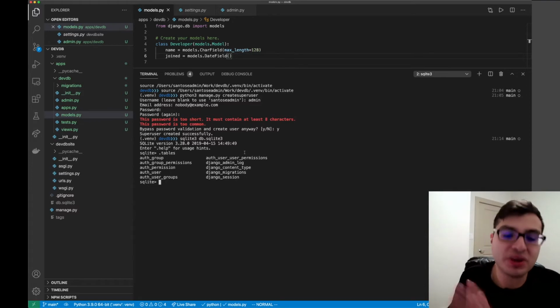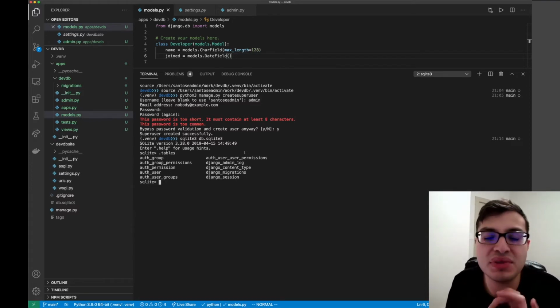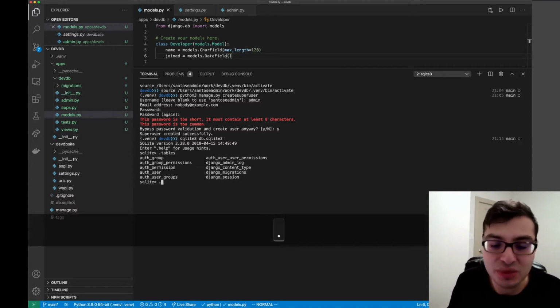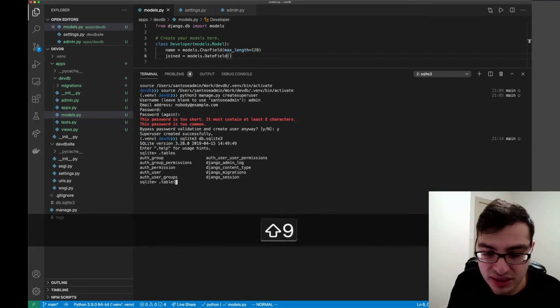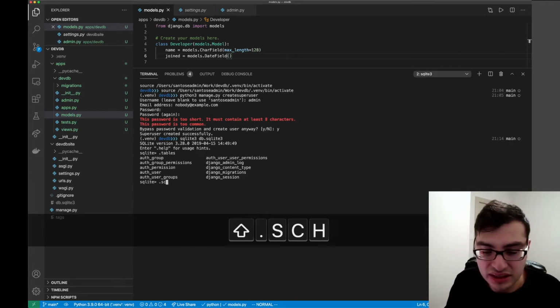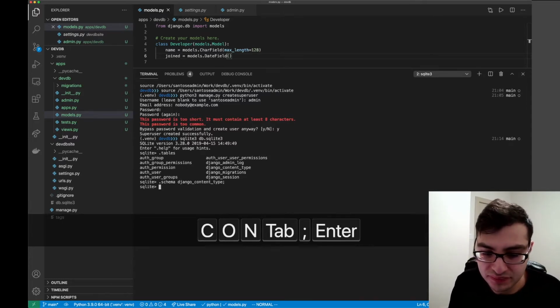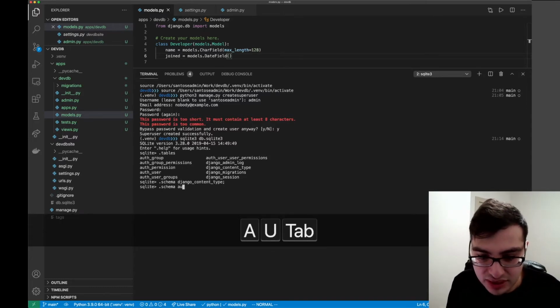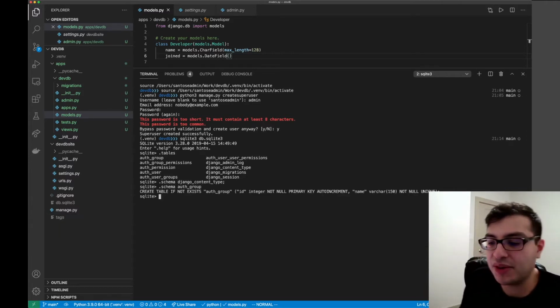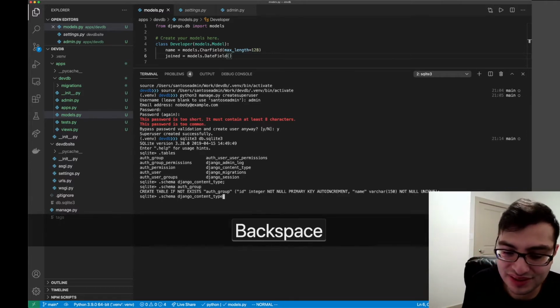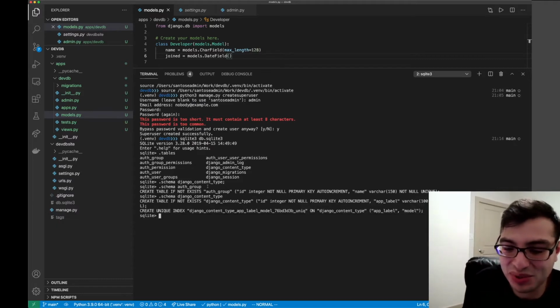Right? Oh, by the way, just to make it blatantly obvious what's going on here. Let's do table, oh no, wait. Schema of Django content type. Oh no, there's no schema? How about auth group? Yeah, okay. Wait, hold on. Okay, I just put in a semicolon, it didn't like that. Okay, so